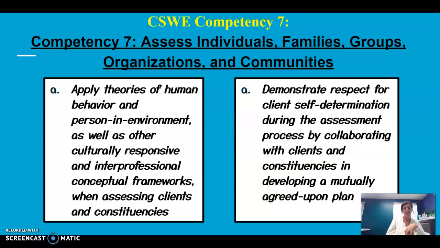So the competency that this class is assessing and making sure that we're teaching appropriately is competency number 7, which is assess individuals, families, groups, organizations, and communities.